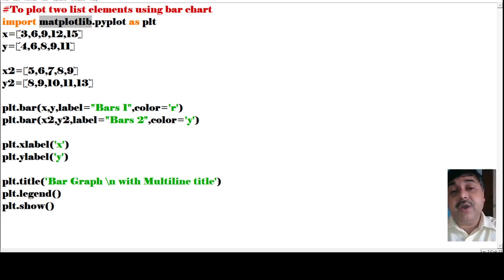Next we have the x label and y label. There we have named the x label and y label, and after naming them, we have given the title, isn't it? The title has been given here, and then we have plt.legend and plt.show.